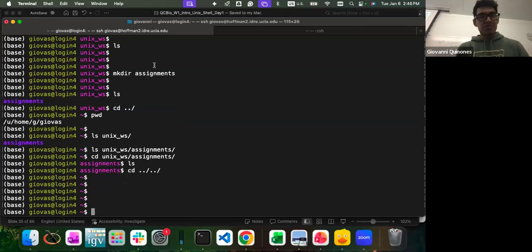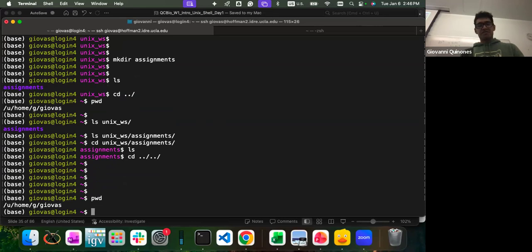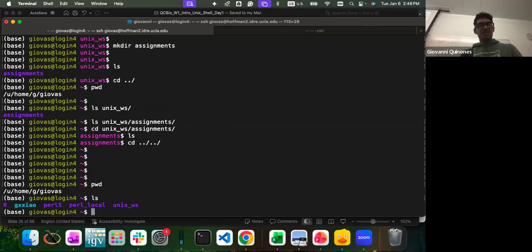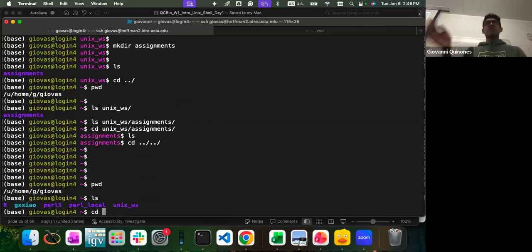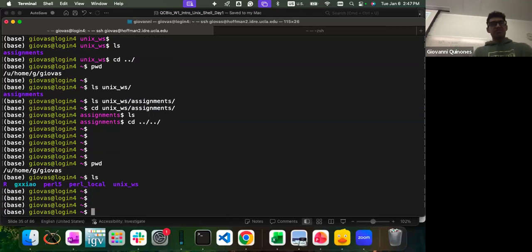Okay, you had some time to play around with these functions. So far, we know pwd, just show me where I am. ls, show me everything present in this directory. mkdir, create a directory. And what else? And cd, right? Moving across directories. Okay, so hopefully now you're a bit familiar with these functions. Right now, I want you all to move to your assignments folder. Just wherever you're located right now, move to your assignments folder.